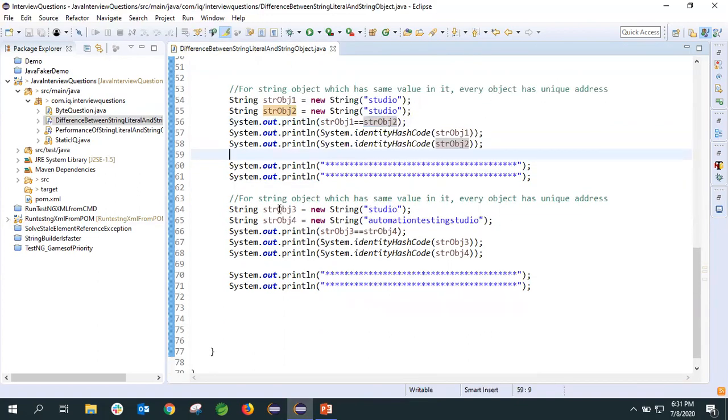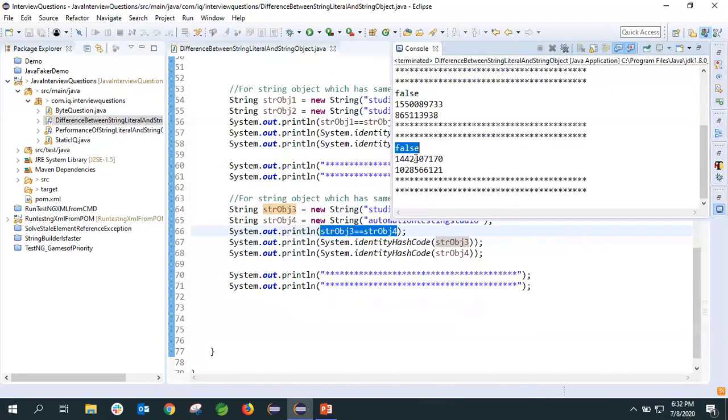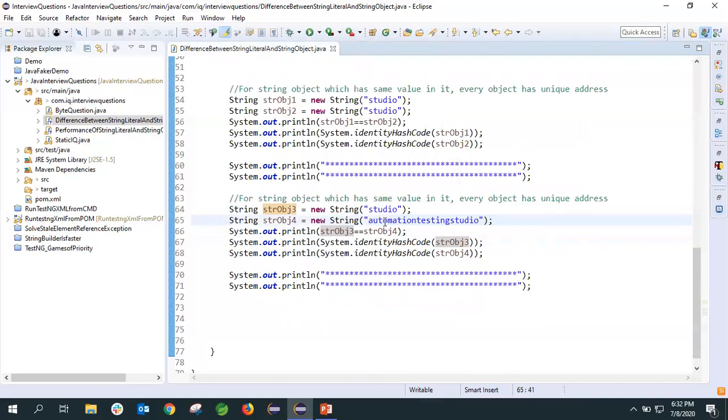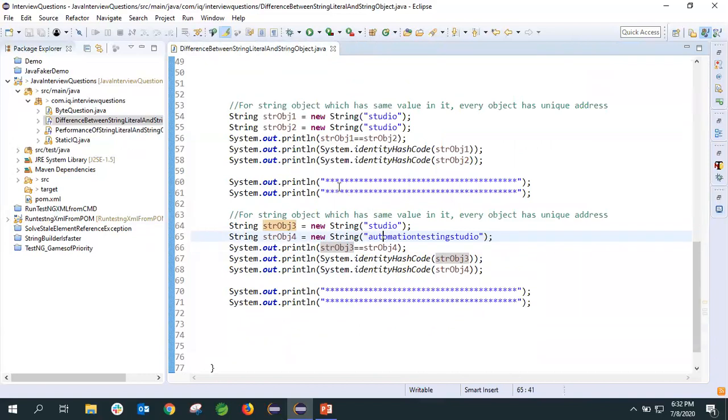And now again, we are creating two string objects with different values. So same here also, this will be false because it will create two different memory spaces. Okay, let's run and see. Now it is false and we got different addresses. So if you see here, the conclusion is that if it is a string literal and the content is the same, then it will point to the same reference. If the content is different, two separate references will be created. If it is a string object, whether the content is the same or not, separate memory will be allocated.